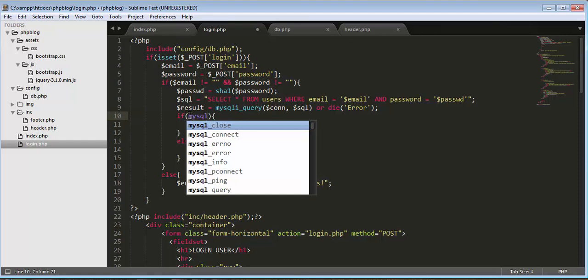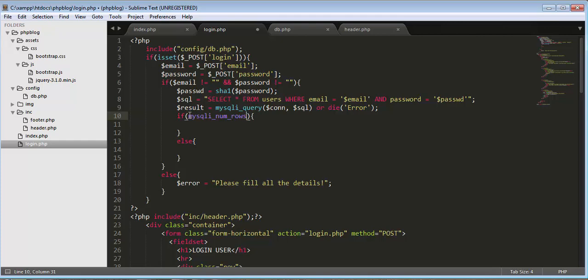Here I'm checking, after executing this query and selecting the data from the table, whether our result set contains any data. If the number of rows returned from the table is greater than 0, then